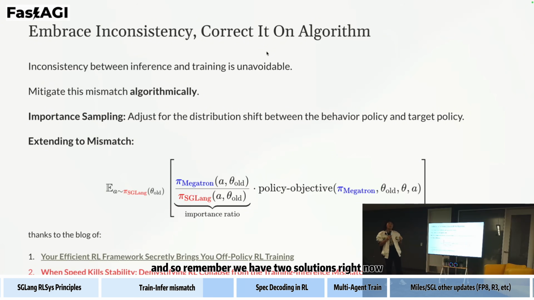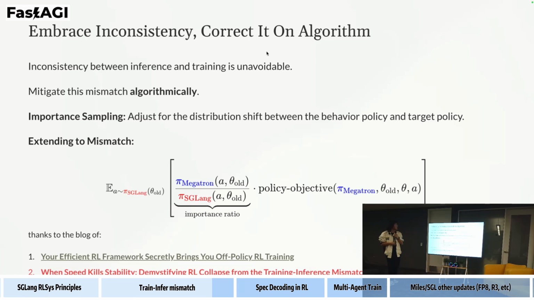So remember, we have two solutions right now to solve the training-inference mismatch problem. The first solution is truly on-policy: we align everything between SGLang and Megatron. The problem is solved, but it's too much burden. The other way is an algorithmic solution to the training-inference mismatch. This is a traditional importance sampling ratio. I do not want to dive too much into it, but you can remember the form is so elegant, right? Everyone can remember it. Just do a divide, right? No more things you need to do. Okay, so that's the first work I want to introduce, training-inference mismatch.